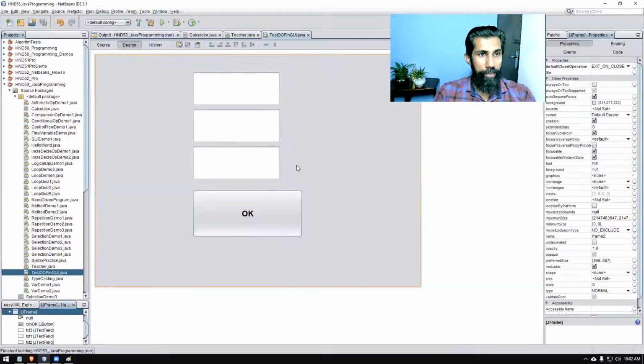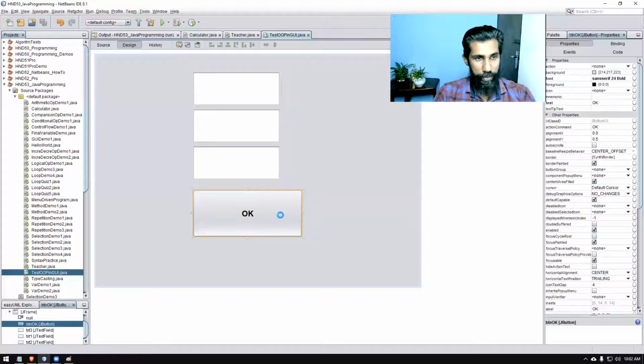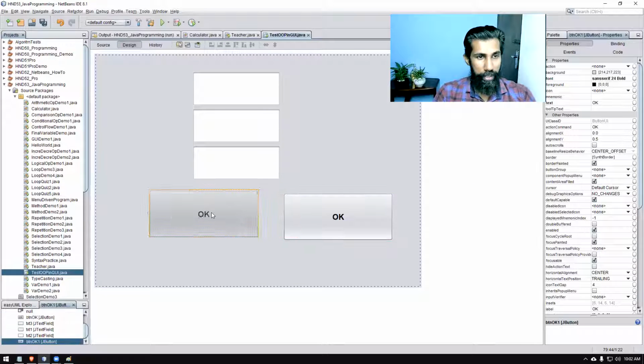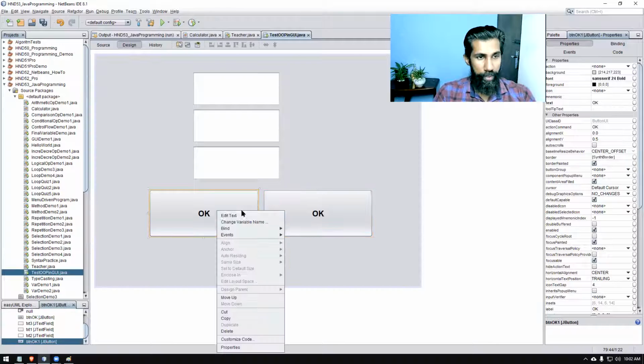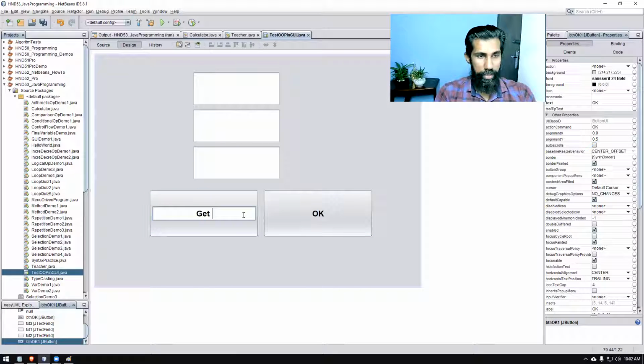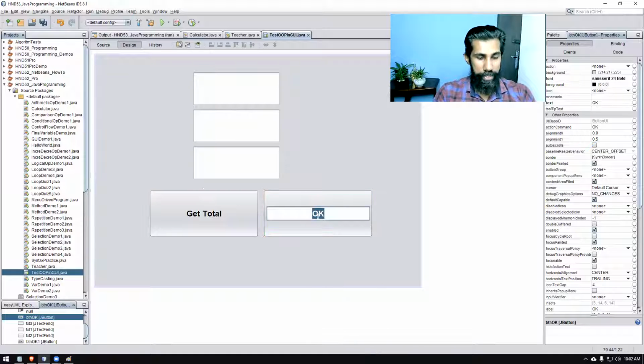Okay, right. So we can try another one, right? We'll put another button. So we'll put this OK button. We'll change this one to get total. We'll call this one get cube.